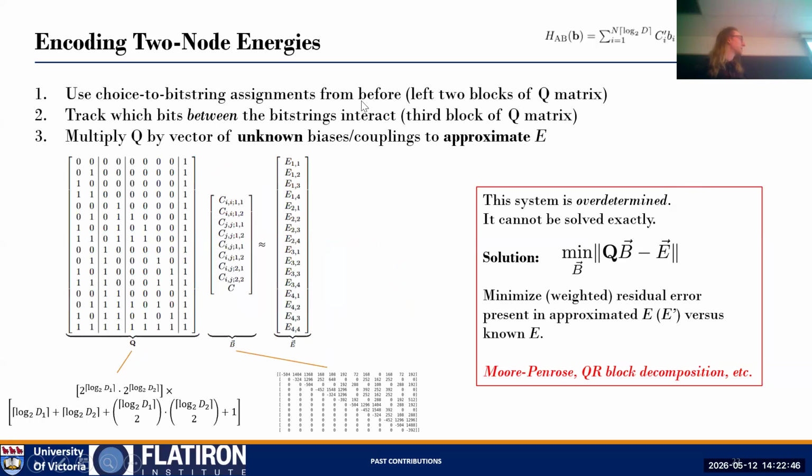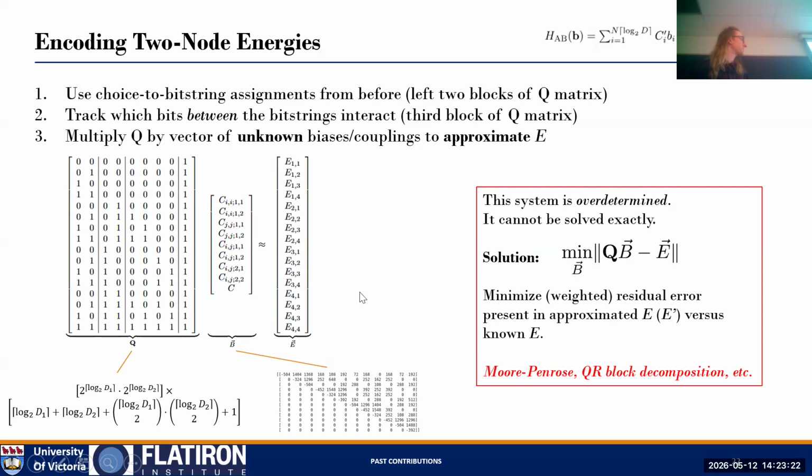The two-node energies we treat similarly using the choice to bit string assignments from before. So they appear in the left-hand two blocks of the Q matrix. And then this block tracks which bits between these two registers interact by logical AND. Again, we have a column of ones. Again, we have a list of pre-computed energies. And again, we have a list of coefficients that we're solving for. And the same procedure: minimization of least squares error using inversion of this Q matrix by Moore-Penrose or